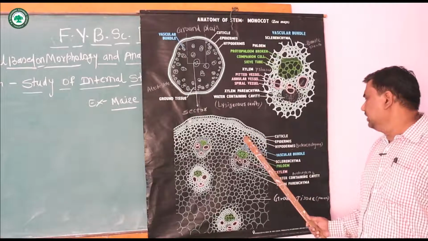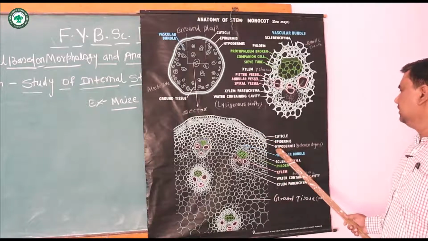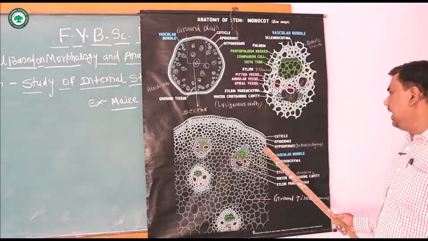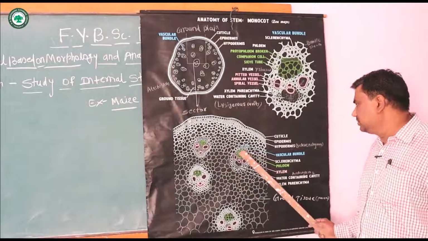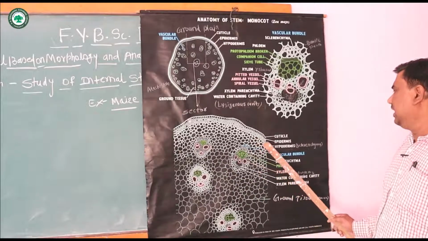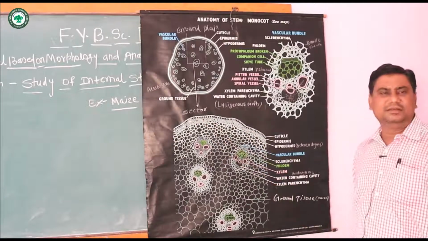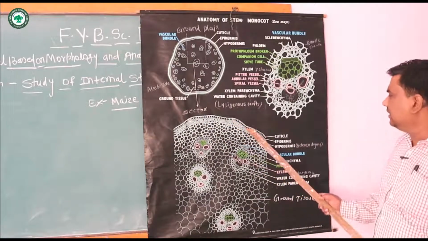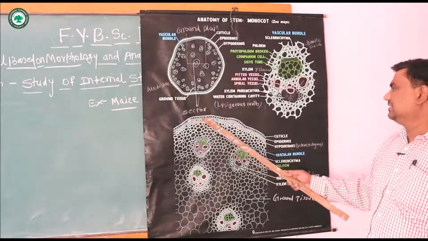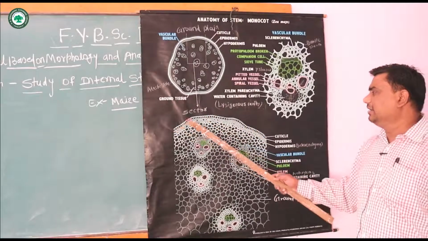Then epidermis, then hypodermis. The cortex consists of the hypodermis and the particular ground tissue. Here, a 2 to 3 layered hypodermis is there. The epidermis is a single layer of compactly arranged cells. You can see in the figure that the cells are compactly arranged, and above the epidermis there is